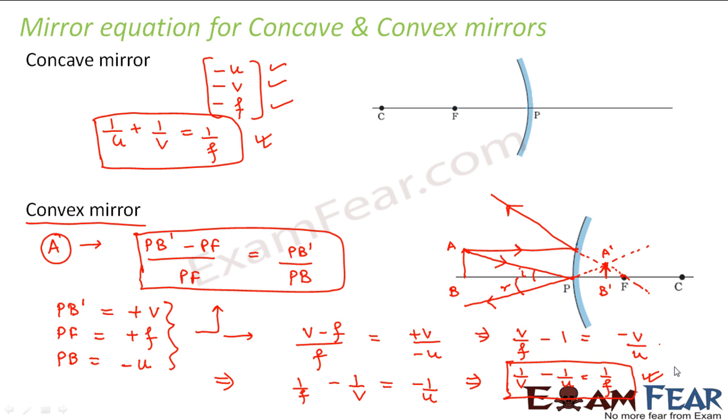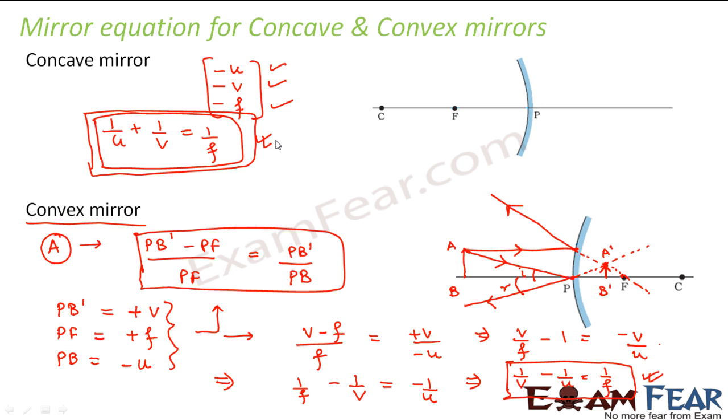So this is how we have different mirror equations for concave and convex mirrors, right? The difference arises only because of the different sign conventions of image distance, object distance and focal length. So when you solve problems, there is no need to use different formulas for concave and convex mirrors. What you can do is consider this as the generalized mirror equation and then put in the sign convention. Whether the problem is about a concave or convex mirror doesn't matter. You say that the mirror equation is 1 by u plus 1 by v is equal to 1 by f.